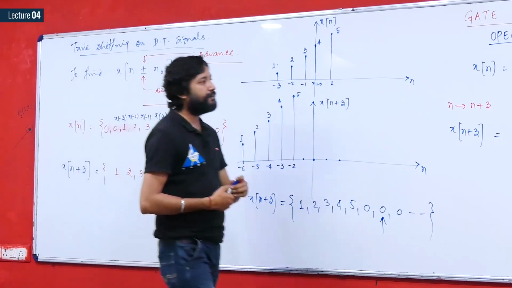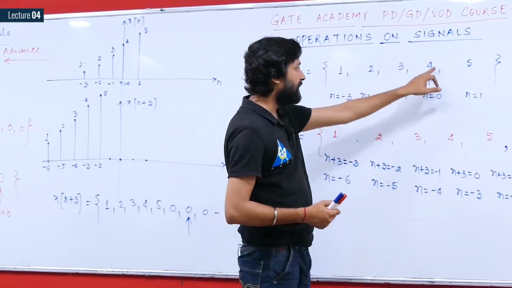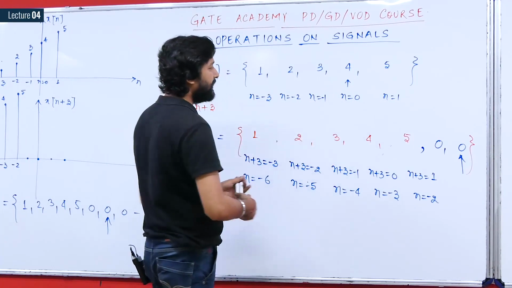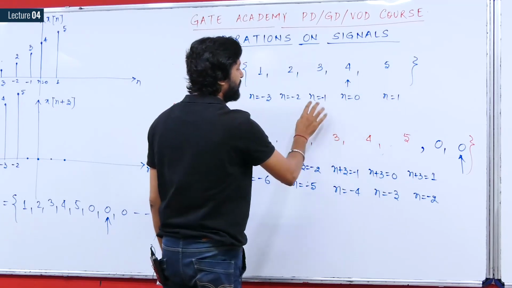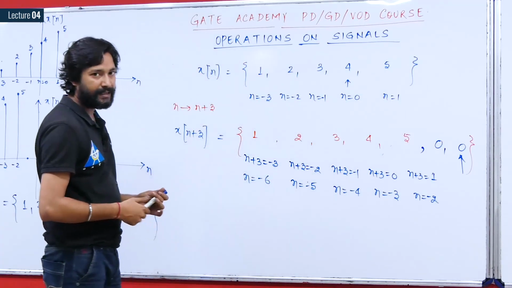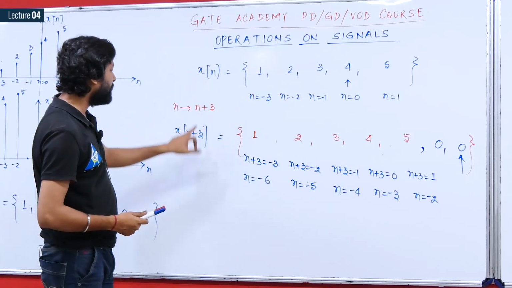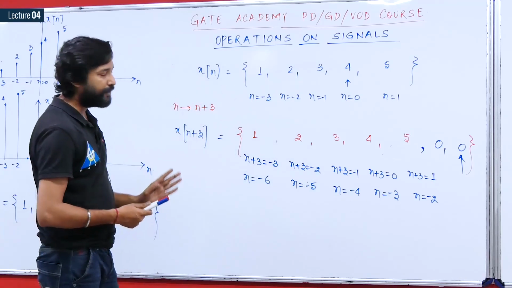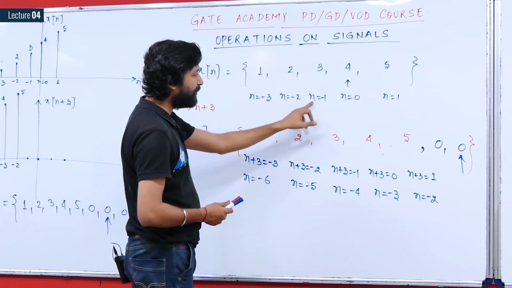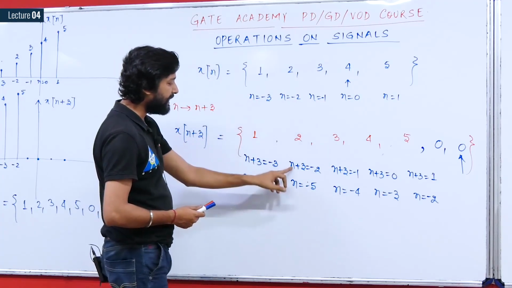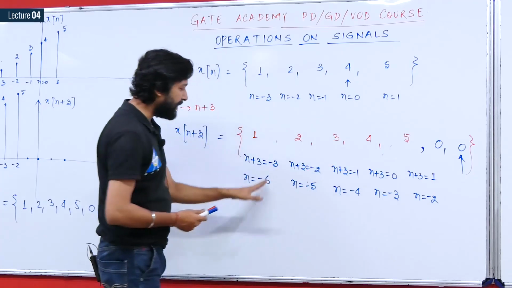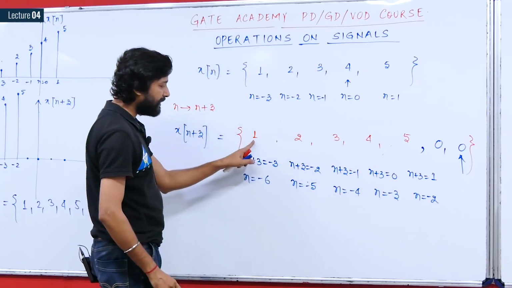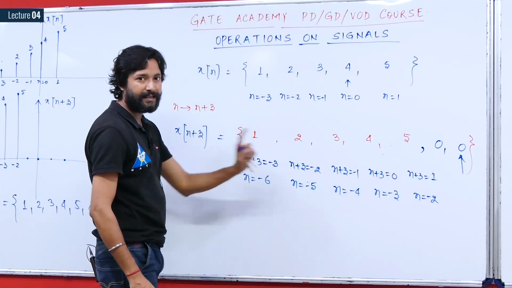And the third method, if x of n is represented with the origin mentioned, that is, if you know that this is the point at origin n equals 0, then this will be the value of x of n for n equals 1, and these will be the values for -1, -2 and -3. Now if you have to find x of n plus 3, then you must replace n by n plus 3 on all the sides. Therefore, wherever we had n, we replaced all of these n's by n plus 3, and now we have got new points of n, that is the signal will have these values, but now this one will be the value at n equals -6 and so on.